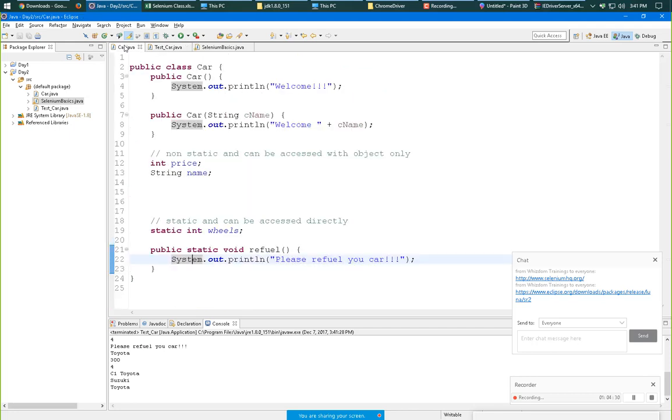In larger programs or software, if we waste memory, it may lead to deadlock or slow processing. So to avoid that, we use static things where there is no need of non-static things. Non-static things are only used when there is a sheer need.